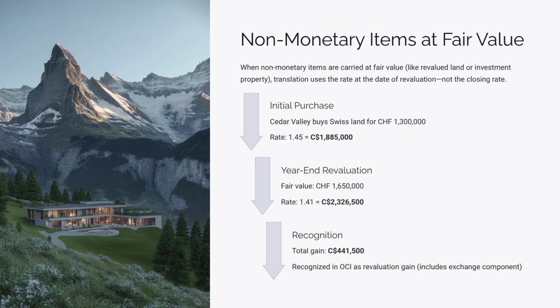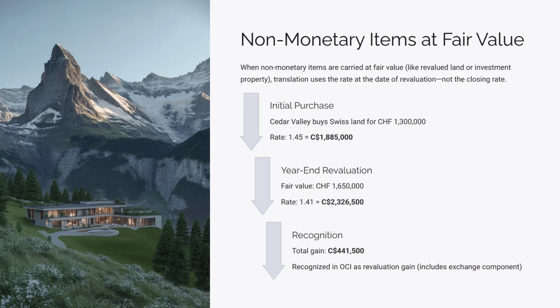1,650,000 Swiss francs at 1.41 equals 2,326,500 Canadian dollars. The total gain of $441,500, including the exchange component, is recognized in OCI as a revaluation gain. Now that we've seen how to measure both monetary and non-monetary items, let's see what happens when the transaction finally